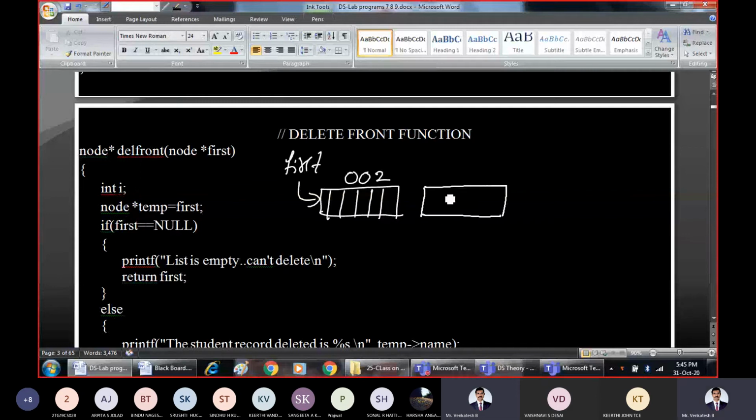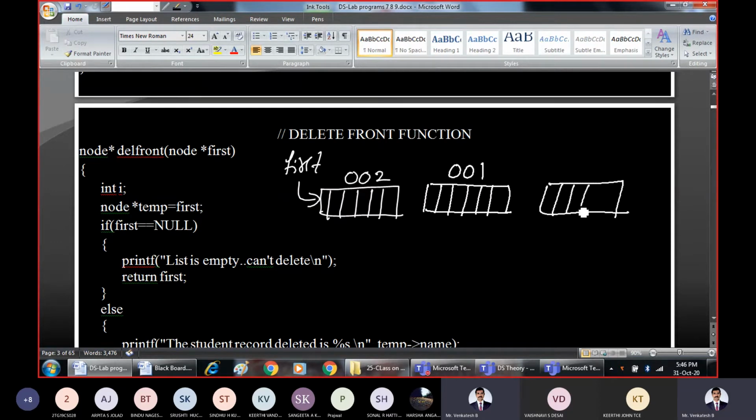Next to this we have a node with USN 001, and the next field is USN 003, which we have already discussed, right?